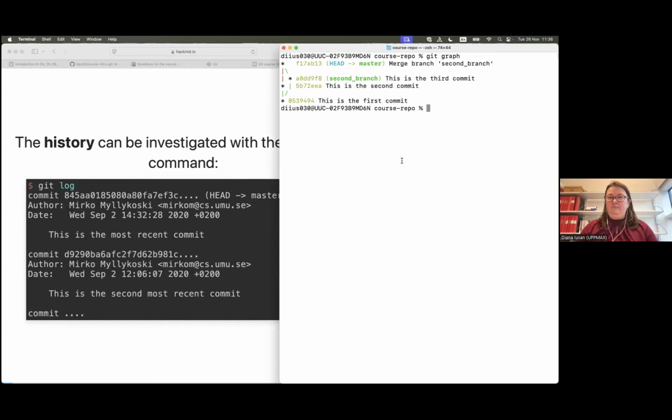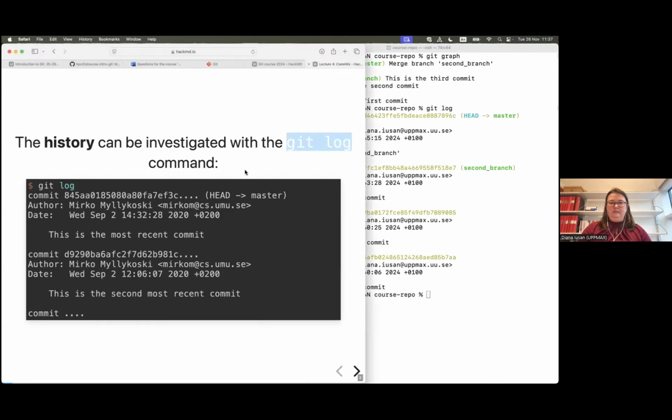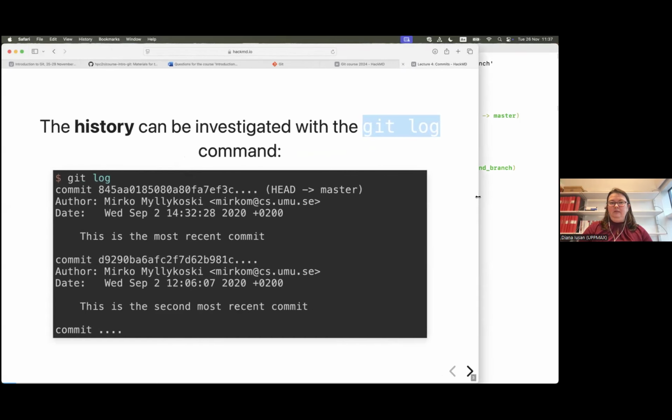So you should have a repository which looks similar to this, at least if you followed strictly what Birite was doing. If you have done it differently, that's perfectly fine. But typing git log is going to give me the history of all the commits that I have on the branch that I am on. So maybe let's stick to this one here. So git log,